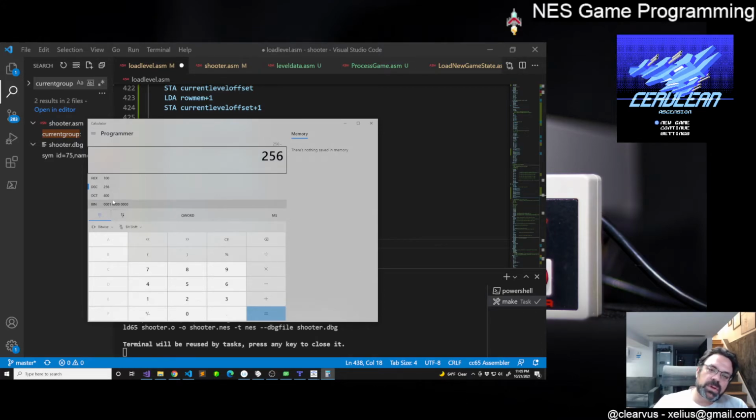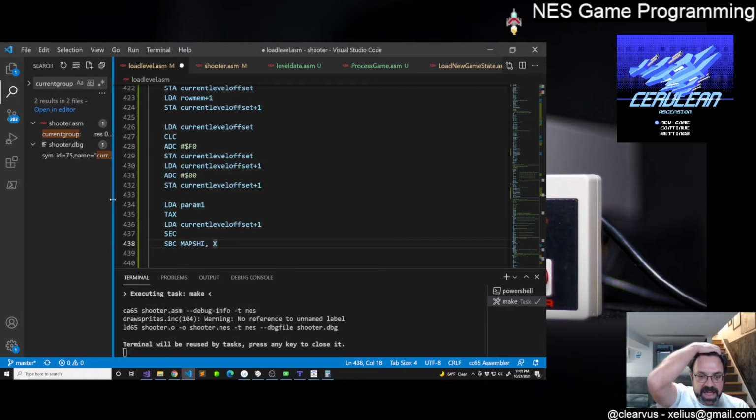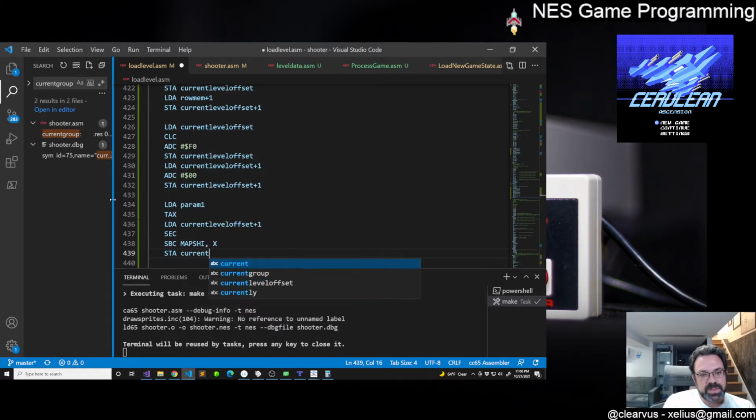So 256 minus 7. Oh, well, that won't work. That's bad anyway, that gives us a negative. Okay, so we're not going to worry about that, because if that happens, then we actually have a big problem, because current level offset should be bigger than the map's high value anyway. So the carry should not clear, because if it does, that means we got a negative value, and then there's a problem. So we're going to subtract that, and then we're going to store that into current level offset